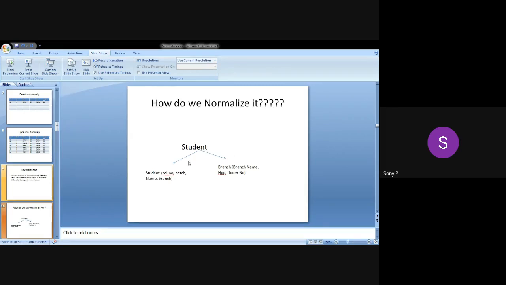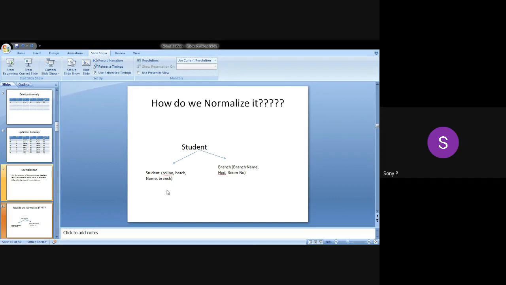We can divide the student table into two tables, one with student information and the other with branch information. Student information contains roll number, batch, name and branch. Branch table contains branch name, HOD and room number.